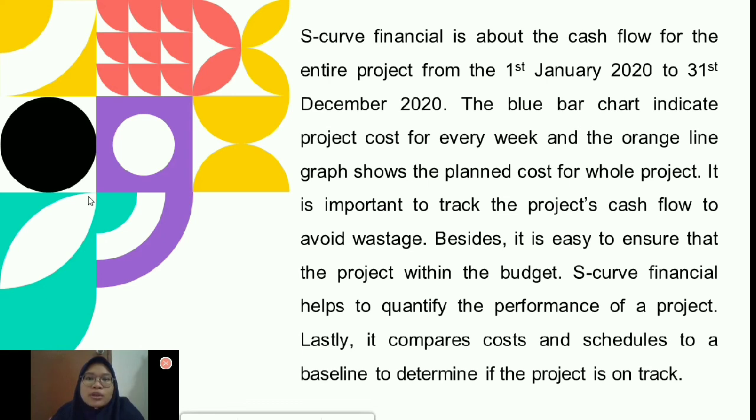So we will not have any problem at the end of the project regarding the cost, and for the physical, which is about the completion, we also do not have any problem completing the project on time.